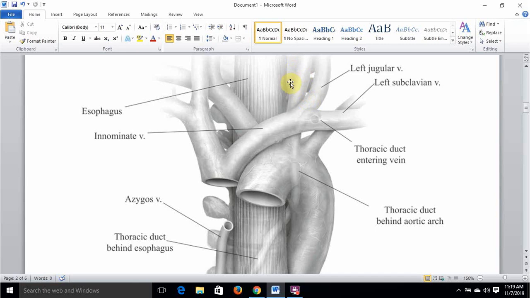Posteriorly, we don't actually have the vertebral column, but we have the vertebral artery and the vertebral vein, and the sympathetic trunk, which is a very posterior relation. Also posteriorly, we have the left subclavian artery, right? The left subclavian artery over here is a posterior relation. You can kind of get it from this perspective that it is located behind it, as well as the first part of the left subclavian artery, as well as its thyrocervical trunk. The left phrenic nerve is also behind the thoracic duct in the